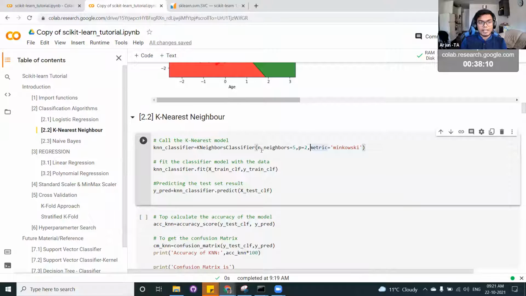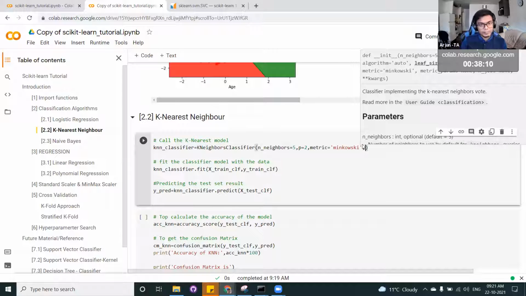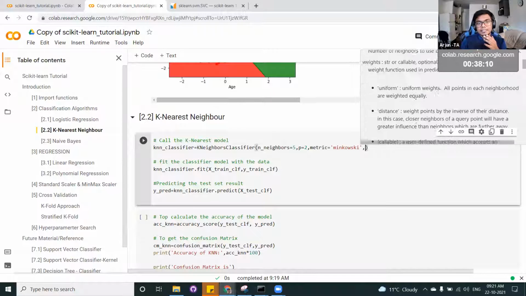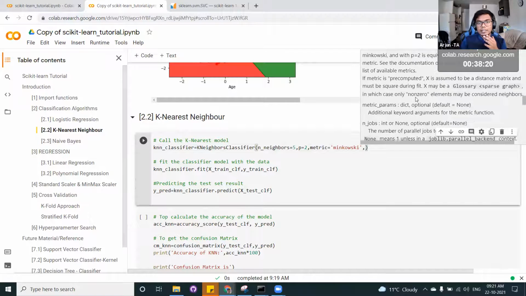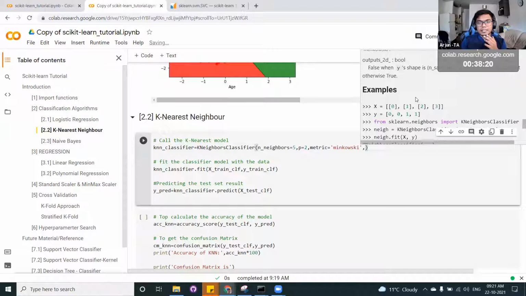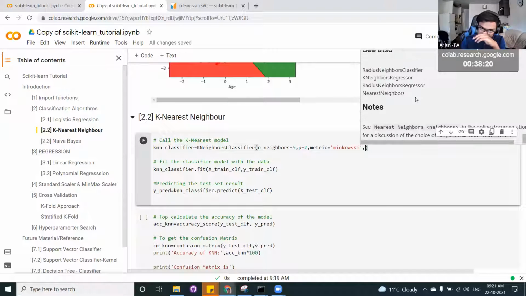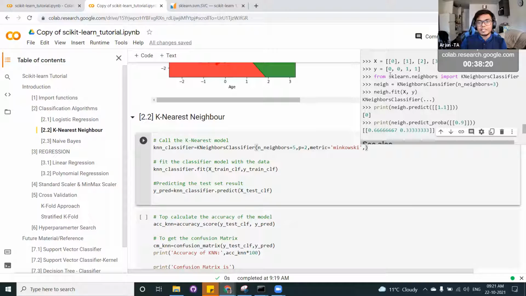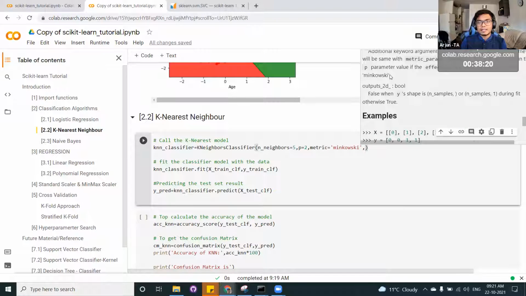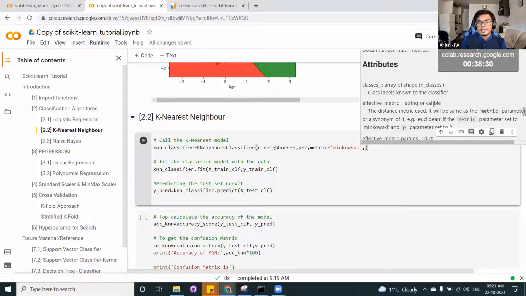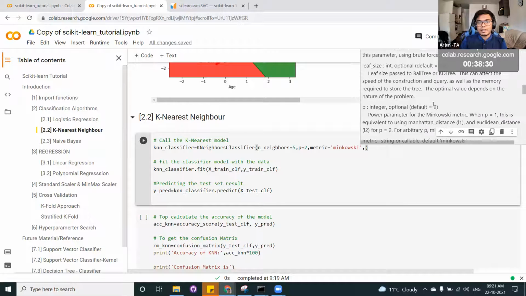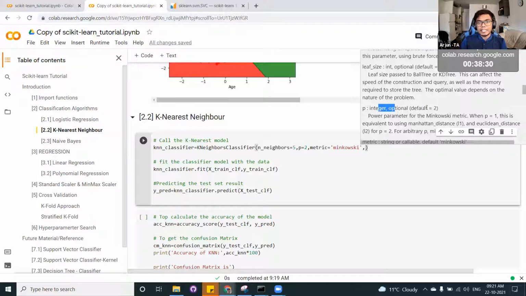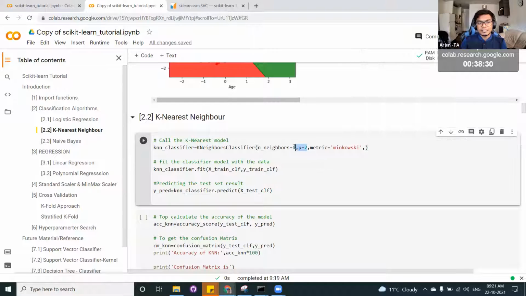When you wonder what kind of hyperparameter to use, you can press shift plus tab and see the reference material that appears here, with a small example and what each parameter means. By default p is 2, so even if you mention it or not, it doesn't matter.